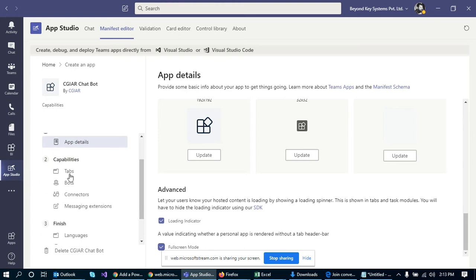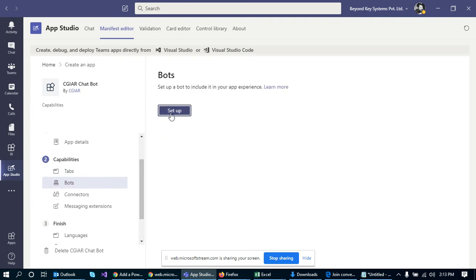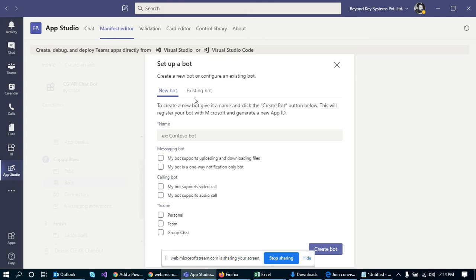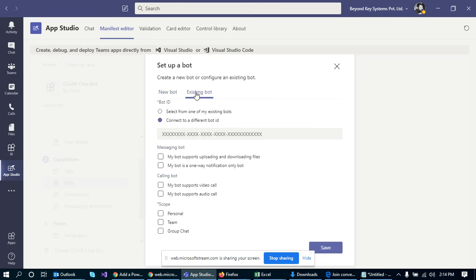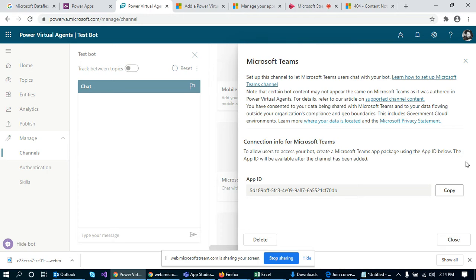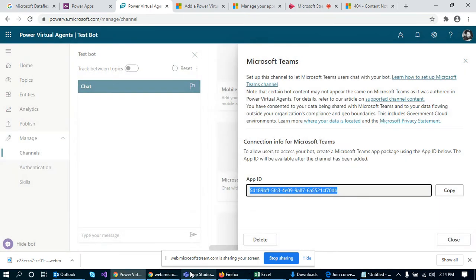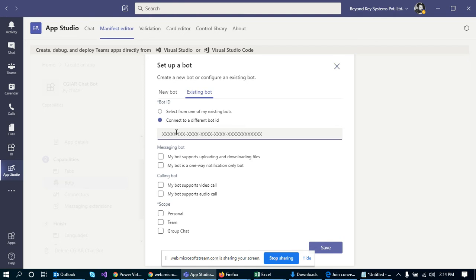Then you'll have to go to the tabs. Here we don't want to do anything, there is nothing to configure. You can go on bots and click on setup. Here we'll have to click on existing bot, to connect to a different bot ID. What we have to do here is go to our bot and copy this particular app ID, then go back to Teams and paste it over here.